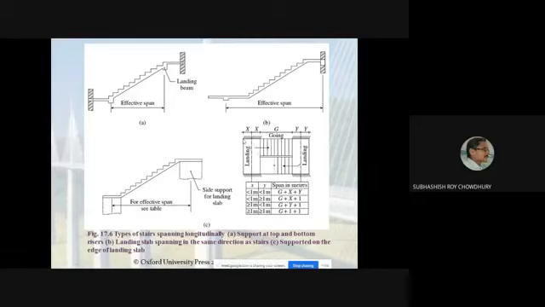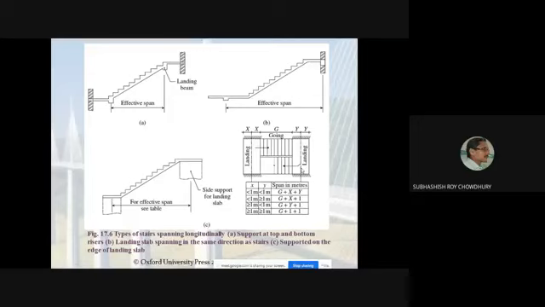So what you will get? You are not getting any beam along this line. There is no beam along this line. There is no beam along this line. So how is the stair slab supported? In that case, the stair slab will be the secondary structure. Please try to understand. Here, this landing slab and this landing slab are the primary structures. In the case of a grid of beams, I have told you which beam is the primary beam, which is supported over the columns at the two ends.